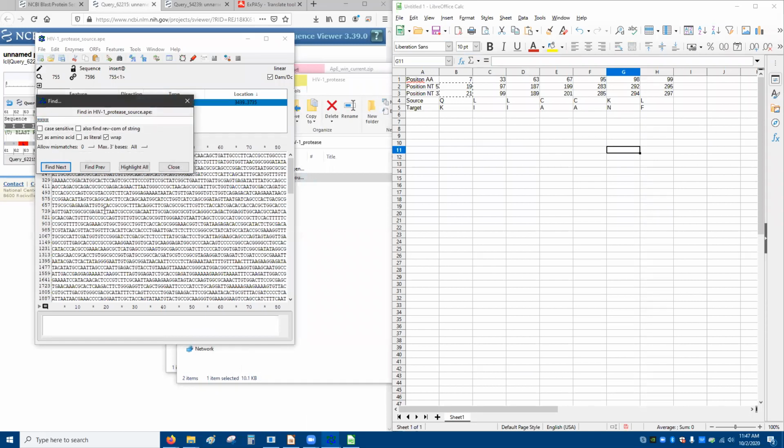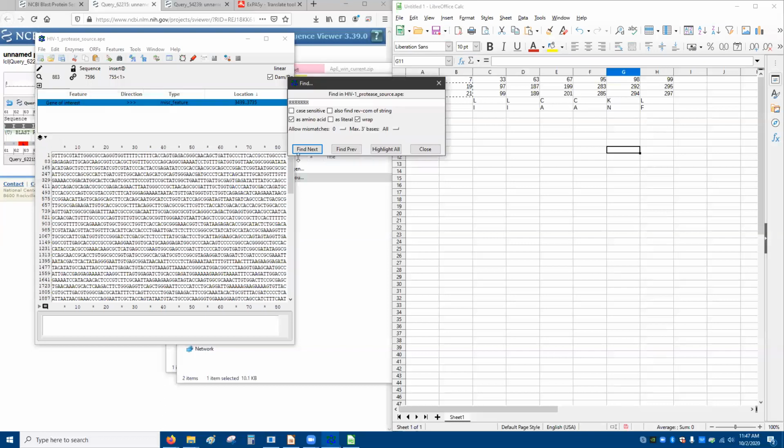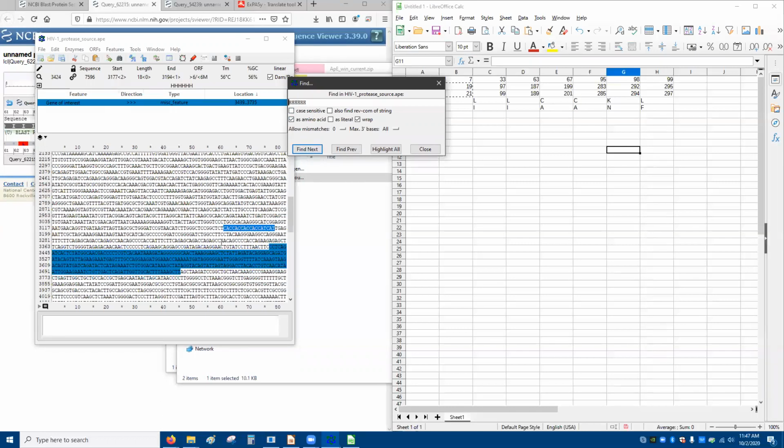I want to find this tag. Should be 6 H's. One more. Find next. One, two, three, four, five, six, eight, one too many. There we go. So if we want to close the gap here,